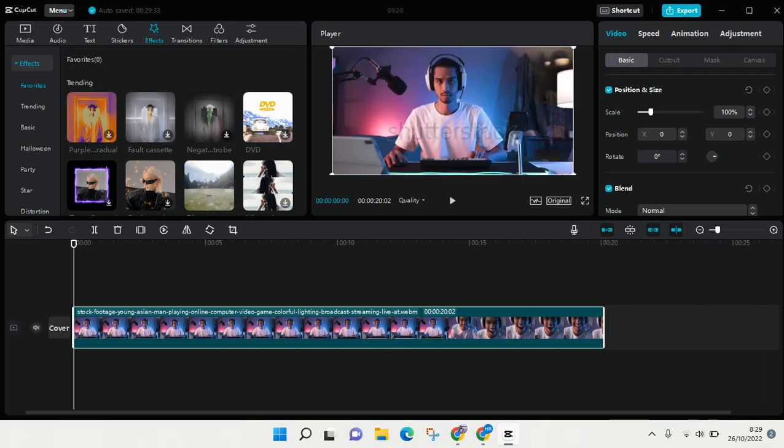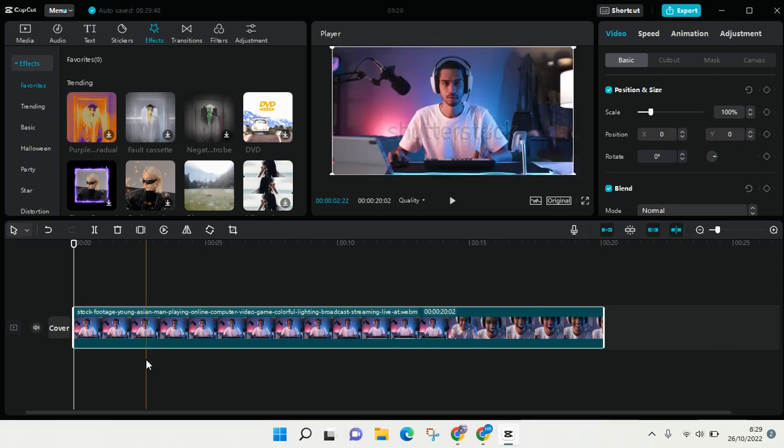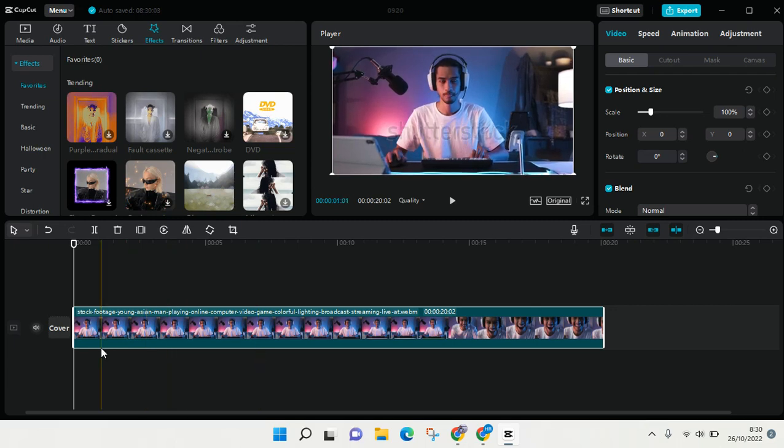So here I'm already on CapCut, and a lot of you asked me about the 3D Zoom Pro, but unfortunately in CapCut PC the style feature, and of course the 3D Zoom Pro, is not available yet. I hope that CapCut will upgrade the app and provide the style feature in CapCut for PC. Meanwhile, if you want to add the zoom in effect, you can just go to effects,